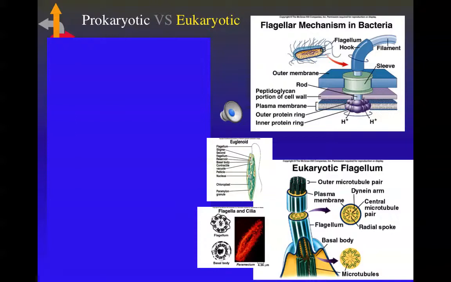It's a very rigid, almost like a propeller or rotor on a boat. It's a very rigid structure composed almost entirely of flagellin protein, and in fact there are little sort of spinning discs embedded in the cytoplasmic membrane of prokaryotic cells that are responsible for turning this flagellum of prokaryotes either clockwise or counterclockwise. It's pretty much the only two directions prokaryotic flagella will go.